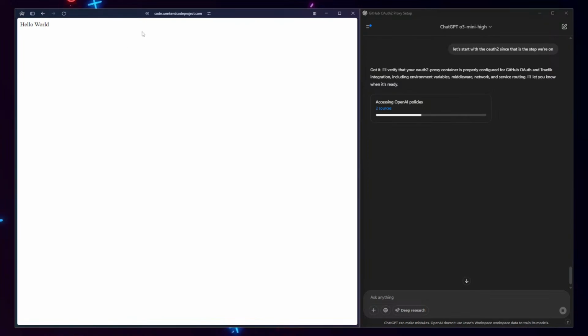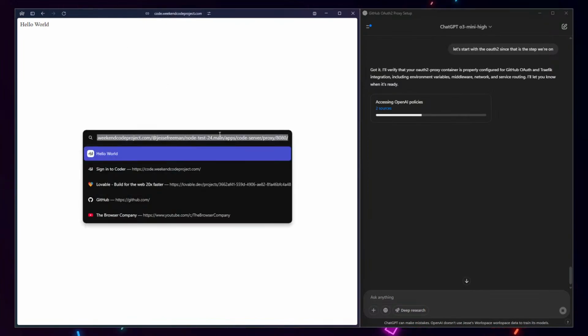Now, what's supposed to happen, and this is a big problem I was running into when I was trying to get Lovable apps to run locally, is that it loves to give this garbage URL at the end of it with the proxy and the way that it does it. So I was trying to clean all this up, and I came up with a system where,